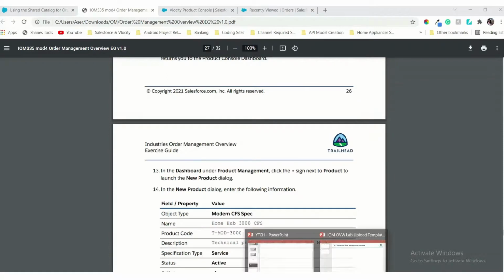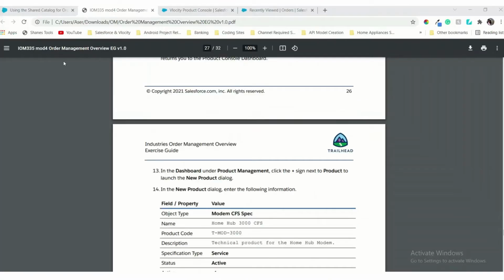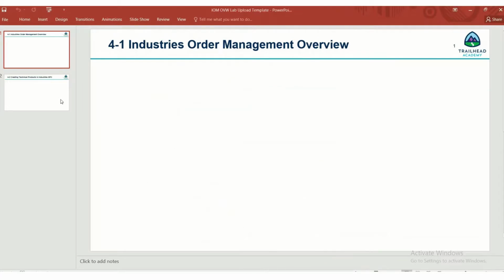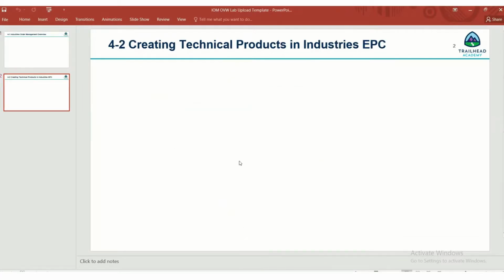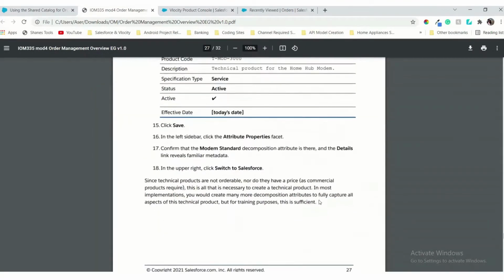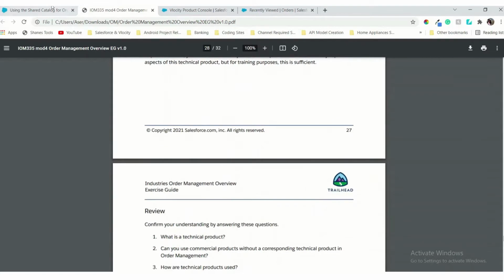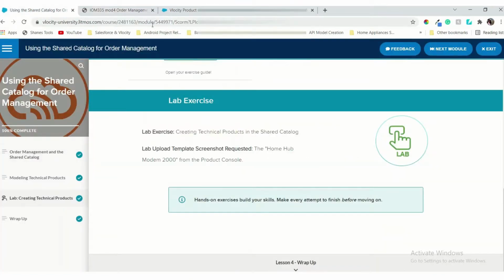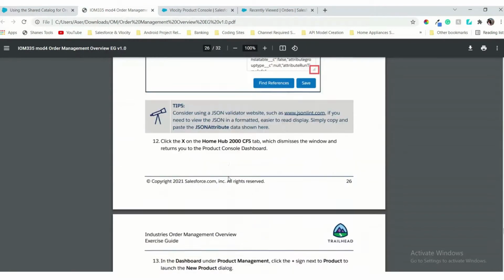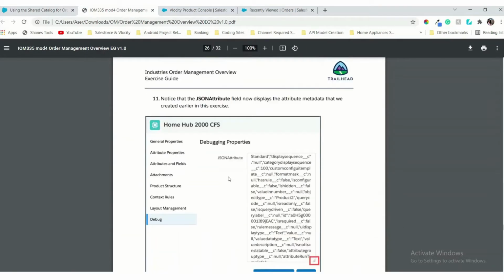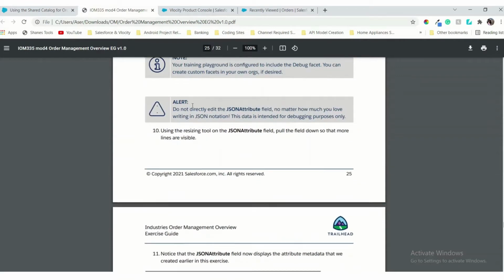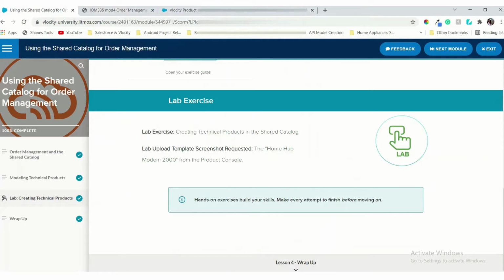Just make sure you take this screenshot and add it into the PPT, the other PPT we have downloaded, right? There you have to paste it and save it. After ending this submodule, you have the option to upload the same thing in the next one. I will tell you in the further videos. So up to here, continue with the next lecture. I will bring this up in the next lecture with the next task.